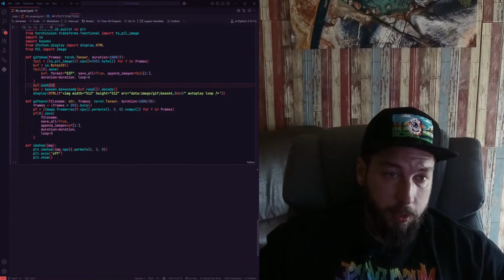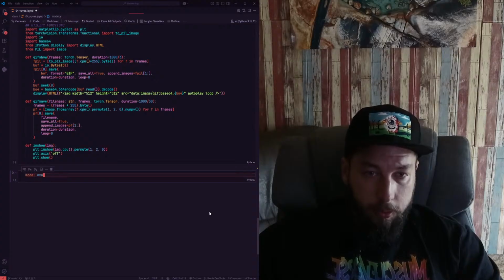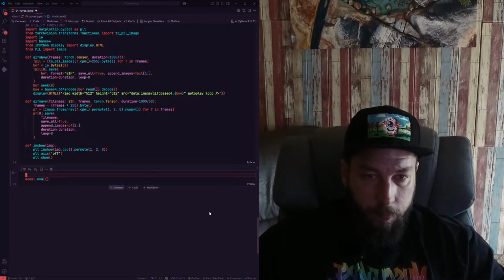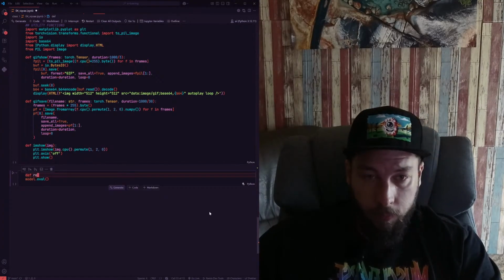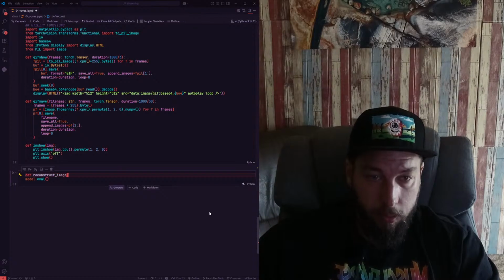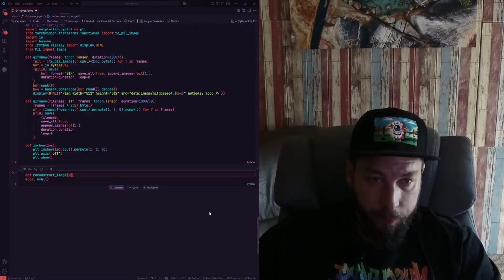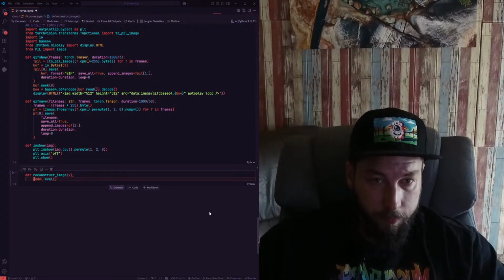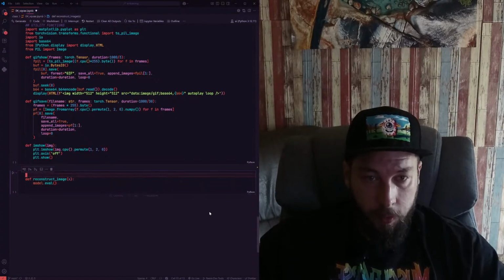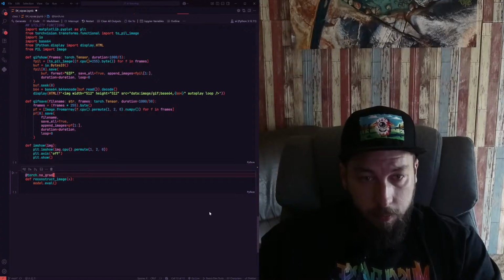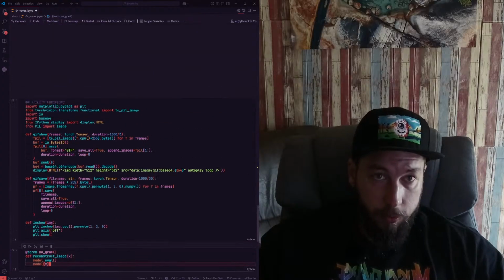And while that is training, I'm going to write model.eval and def reconstruct_image(x). It's a torch.tensor. Set the model into evaluation, torch.no_grad. Model x. Now the model returns 4